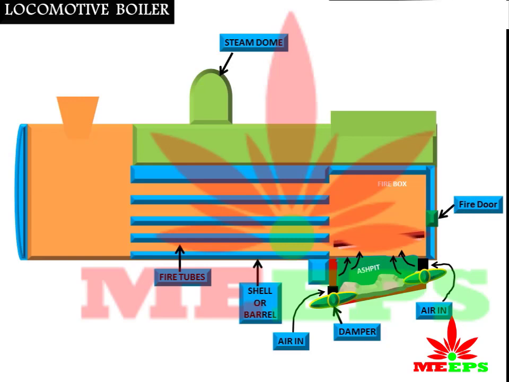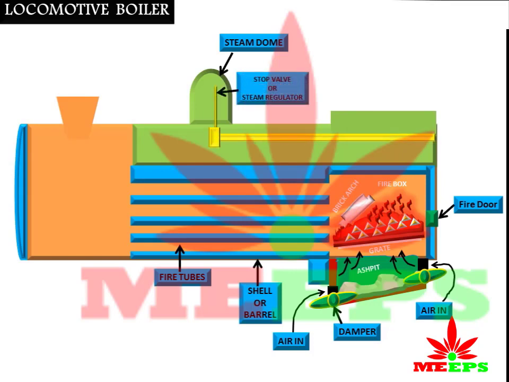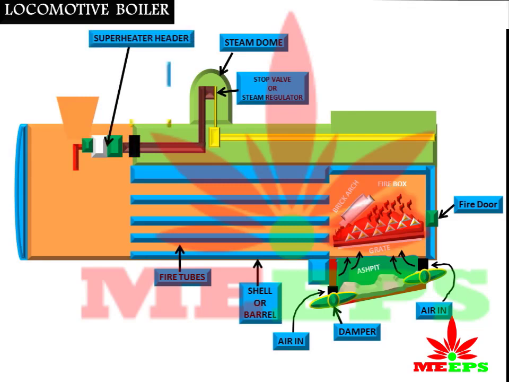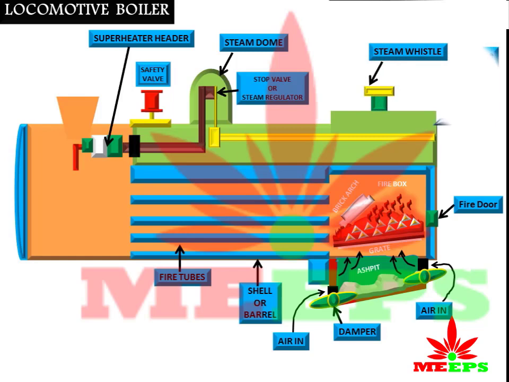It has a fire door, grate, and here we can see the burning of the fuel. This is the brick arc, stop valve or steam regulator. These are the superheater header, safety valve. These are the boiler mountings,